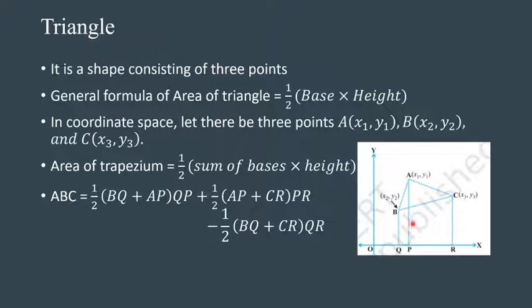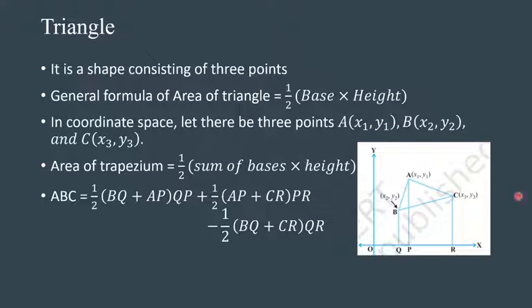But if there are three arbitrary points like this, where you don't know how to find the height properly, it will be very difficult to calculate the height and calculate the base. We need to apply distance formula. We need to apply section formula, find the altitude point dividing, and then again apply distance formula. And it's a huge mess to apply this basic formula. So here's a simple formula and how we deduce it.